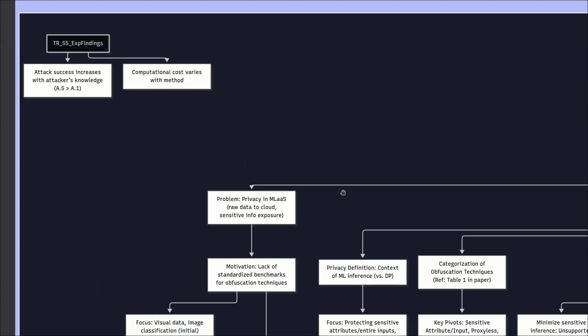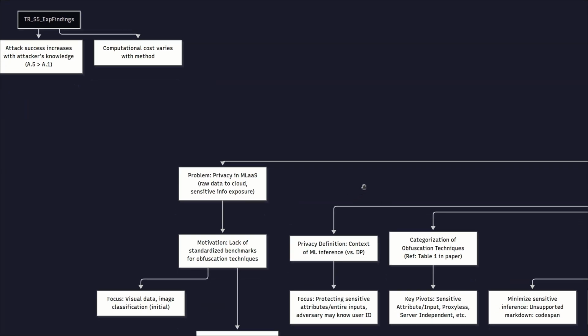So what is the core idea of the SIMBA paper, which is split inference? The paper uses split inference where data processing is divided between the user, which is the client, and the service provider, which is the server. The client applies an obfuscation function to the data before sending it, and the server processes the obfuscated data to produce results. This split reduces the server's access to raw data and thus enhances privacy.